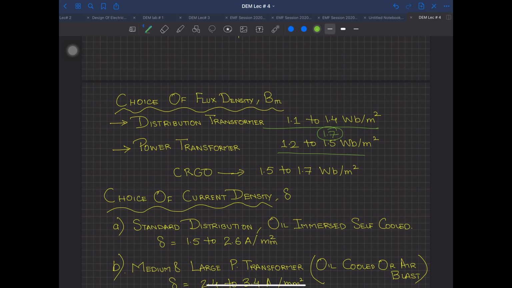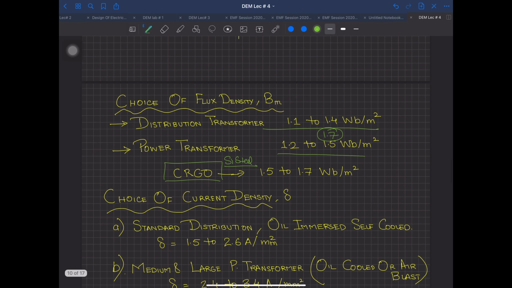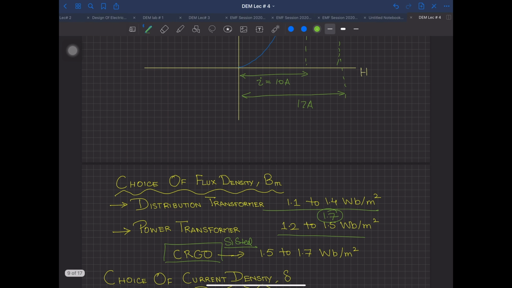So now can someone tell me what is the CRGO full form? Come on. It is a type of core, tell me the full form, we have studied this in machines. Cold rolled grain oriented silicon steel, this is CRGO. You can add the word silicon steel, cold rolled. Now for those who don't understand what I mean by this grain oriented silicon steel, whenever you are adding this impurity of silicon in steel, what you do, you actually make a, let me make a,